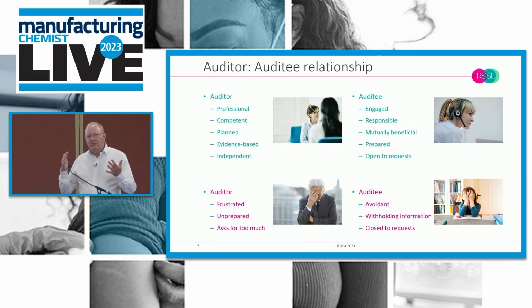So what relationship do we want between the auditor and the auditee? Clearly, this is a mutually beneficial partnership. The auditor comes across as professional. ISO put a lot of emphasis on how to assess competence of auditors. Auditors must be competent. The GMPs say that auditors must be trained and competent. The personnel must be trained in their role, etc. And an auditee will know instantly whether an auditor is competent or not,